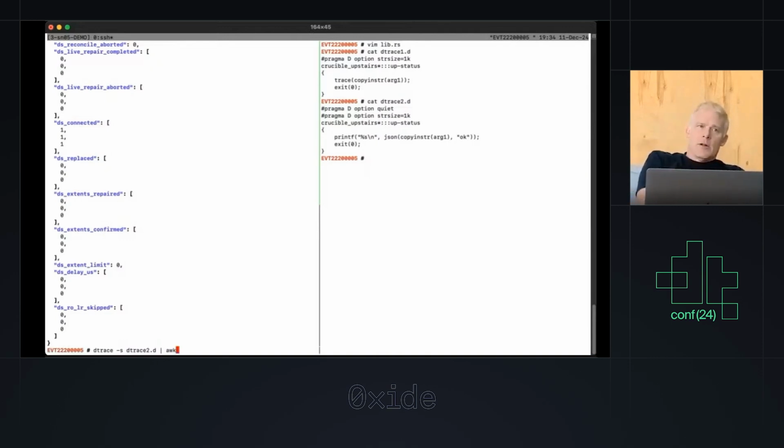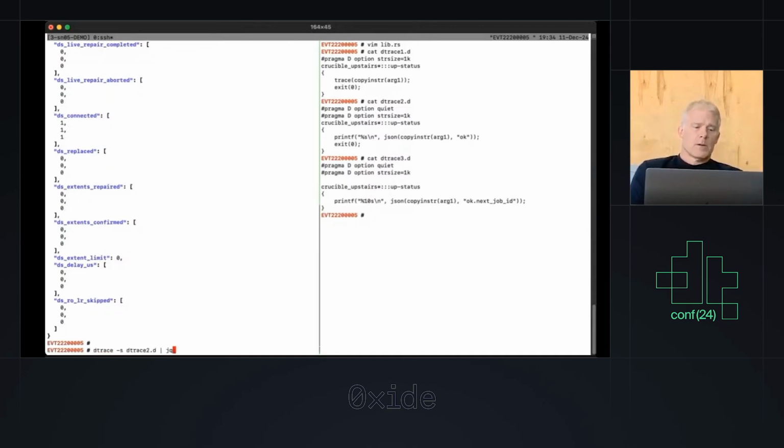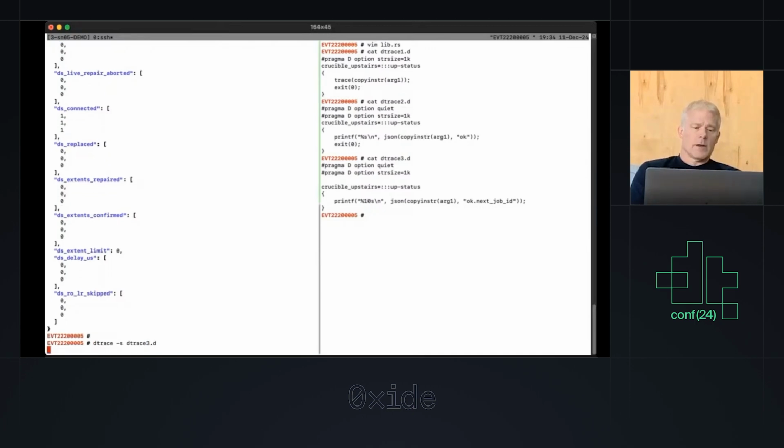I'm going to continue down the pure DTrace path and show you how I did it in DTrace, but really the door is open for all sorts of stuff. I think that was all for two. So, okay, now let's go to the next level in this. I want to say, instead of printing everything, just give me this one field in my giant blob. So if I run that one,